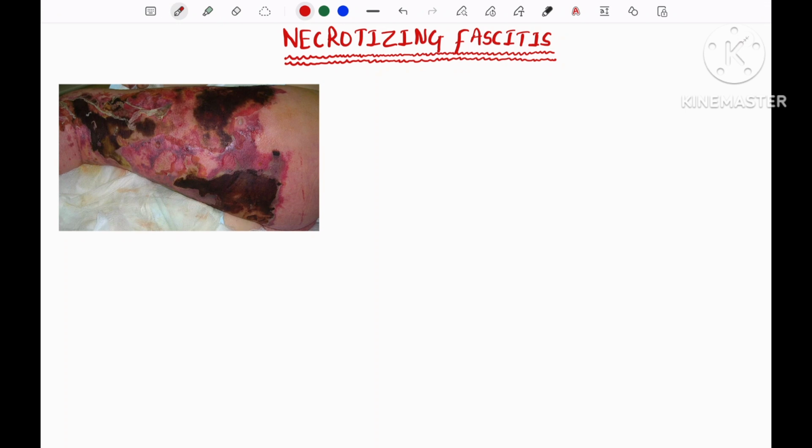Okay, so let's start. Necrotizing fasciitis is an emergency condition. Why is it an emergency condition? Because it rapidly spreads. And the group of people who are infected by necrotizing fasciitis are usually the immunocompromised